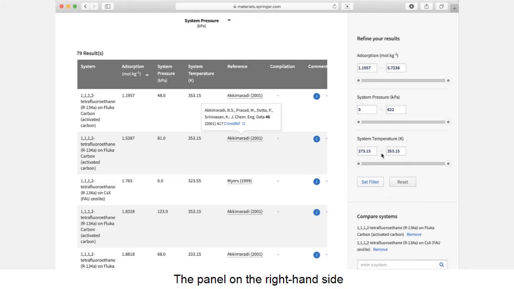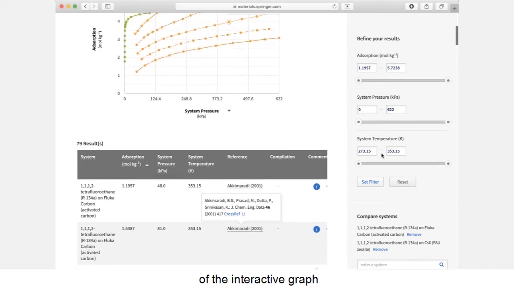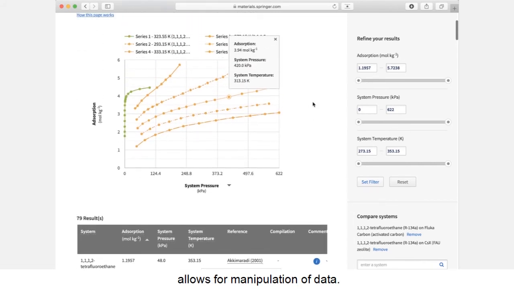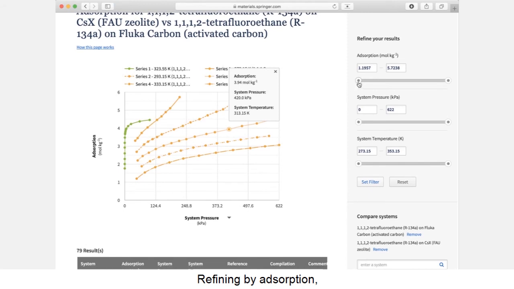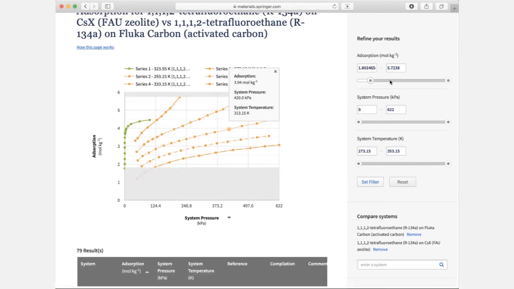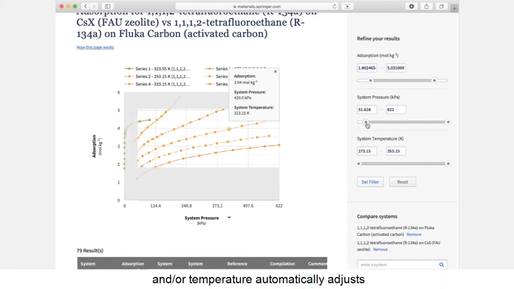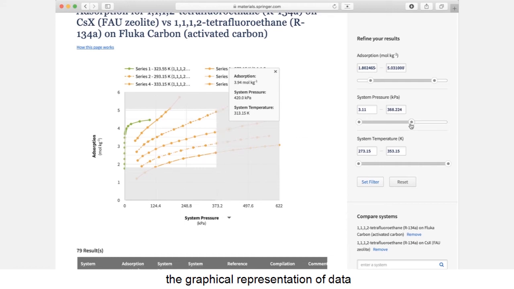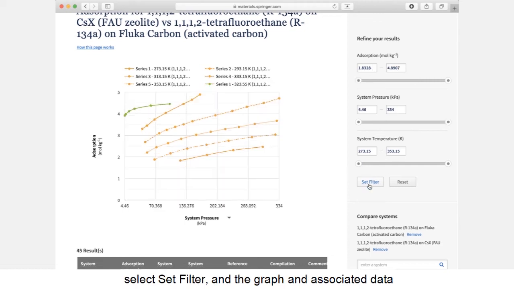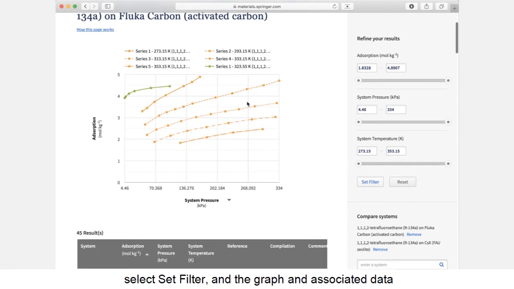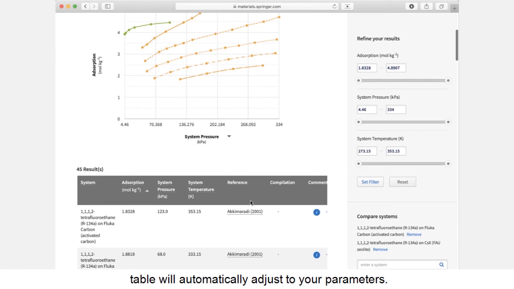The panel on the right-hand side of the interactive graph allows for manipulation of data. Refining by adsorption, system pressure and/or temperature automatically adjusts the graphical representation of data as well as the data table. Once you have your data range narrowed, select Set Filter and the graph and associated data table will automatically adjust